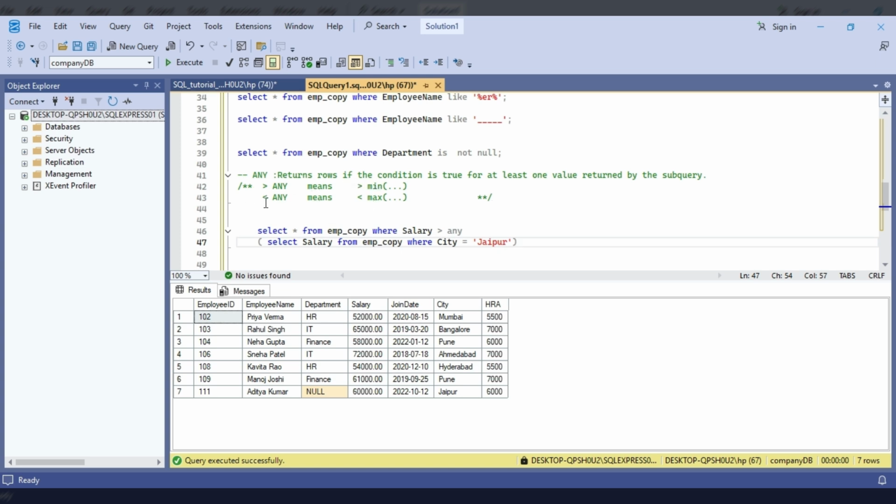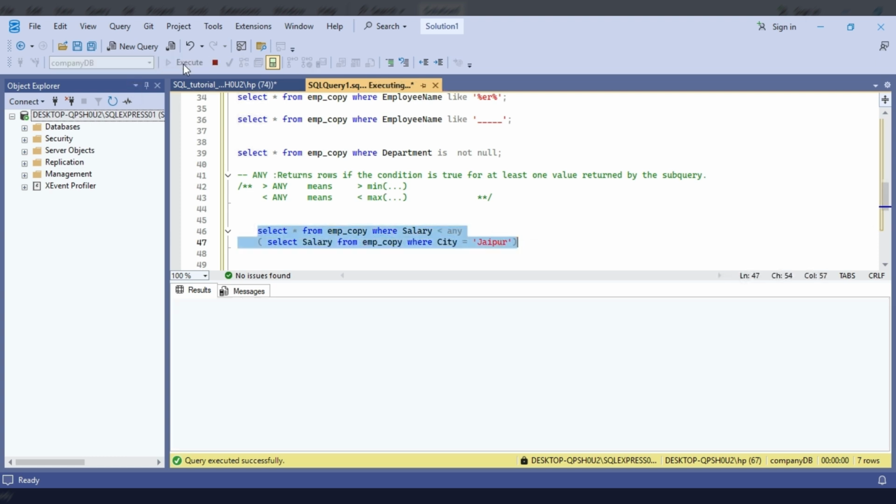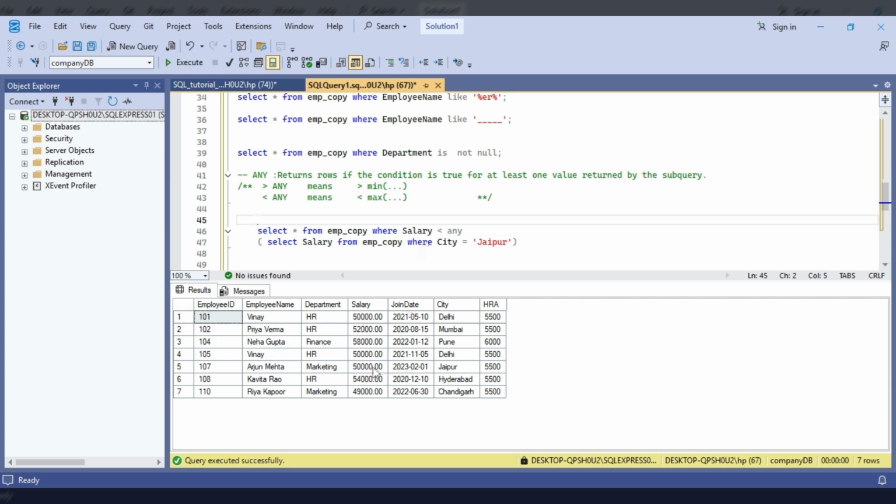If we use less than ANY, now select this query, and we can see it is less than the maximum value. What was our maximum value?